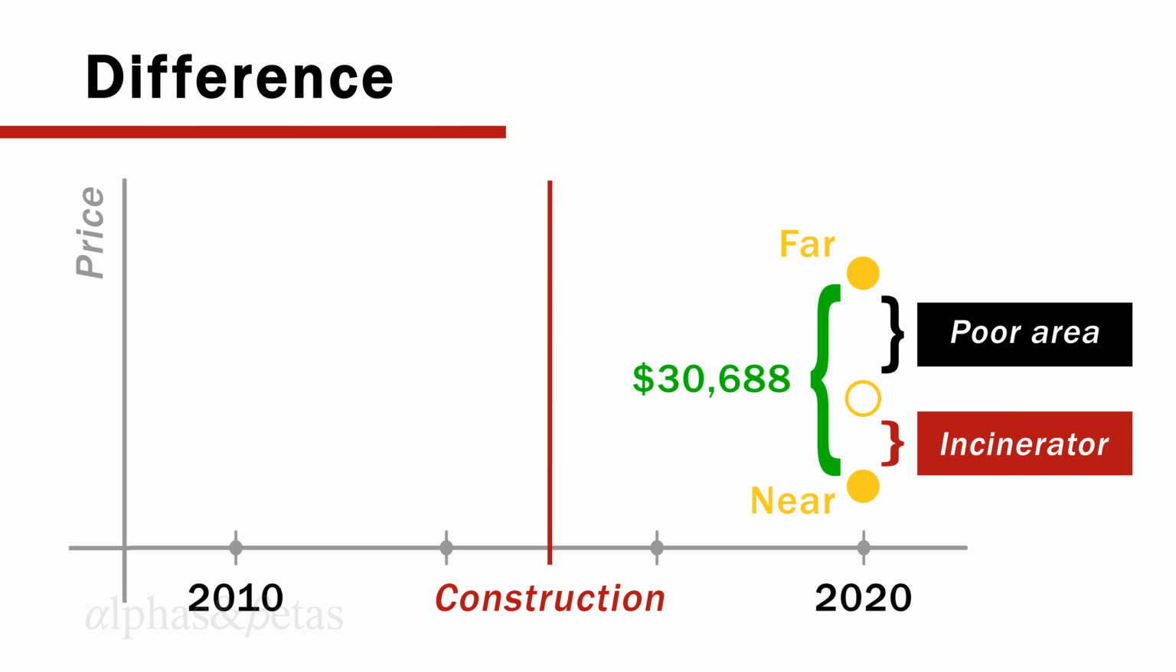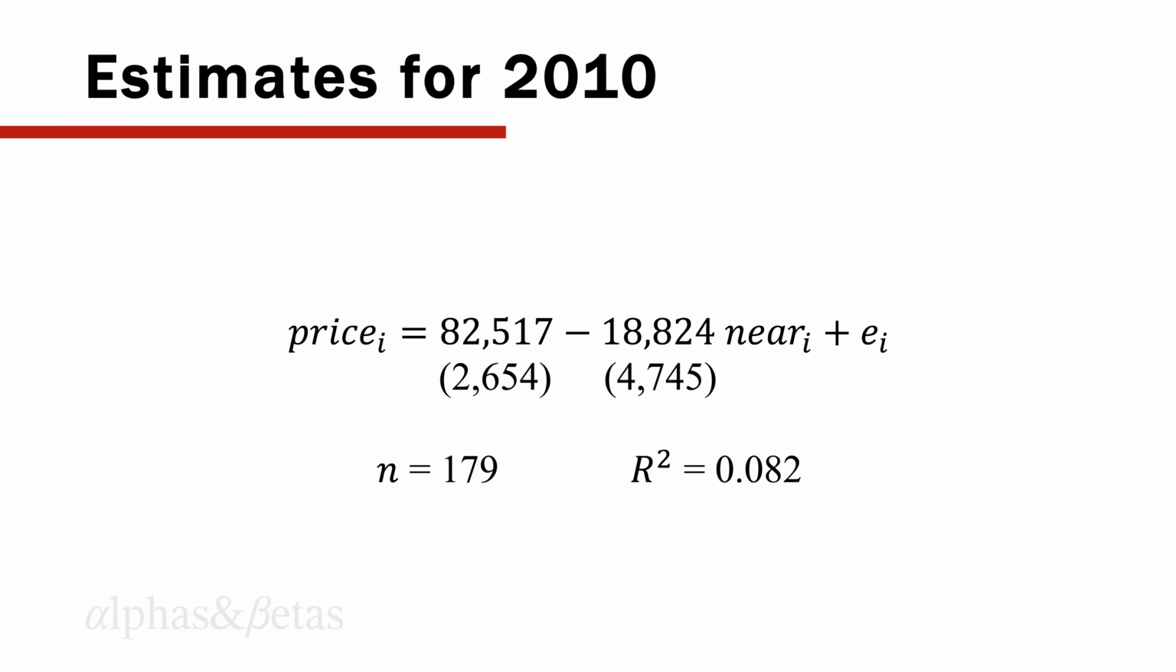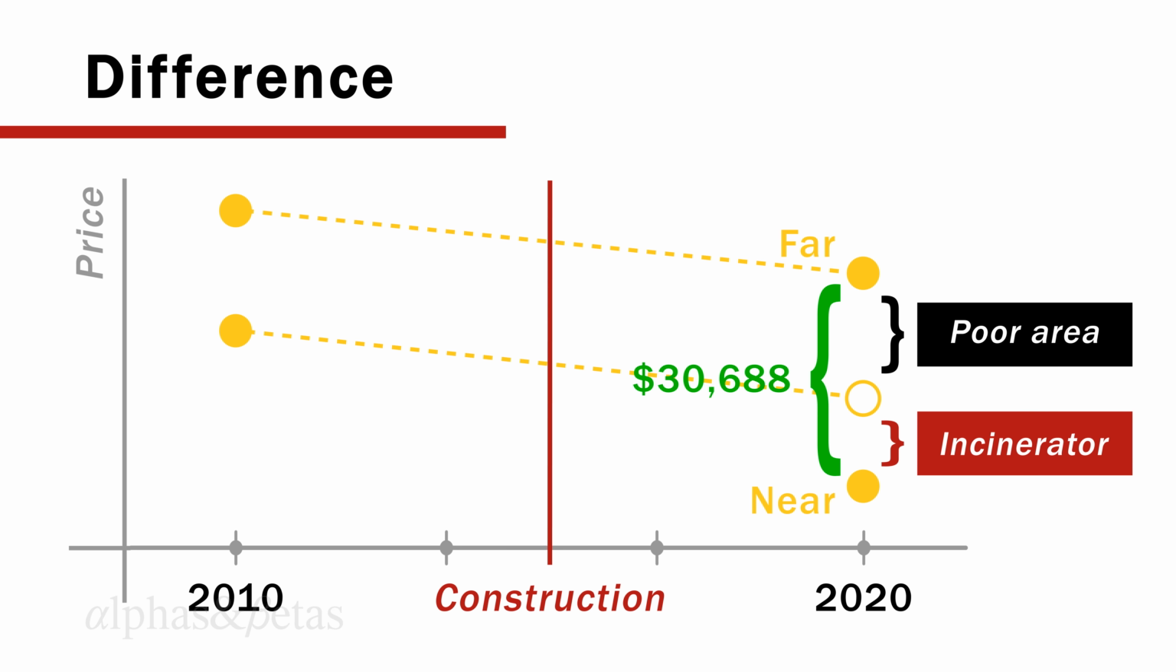To accurately assess the effect of the incinerator, we need to compare the difference in house prices both before and after its construction. To examine the difference in house prices before the construction of the incinerator, we estimate a simple regression using data from only 2010. This shows that house prices near the incinerator were already $18,824 lower. This confirms our intuition that the $30,688 difference observed after the construction of the incinerator reflects both the impact of the incinerator and the initial